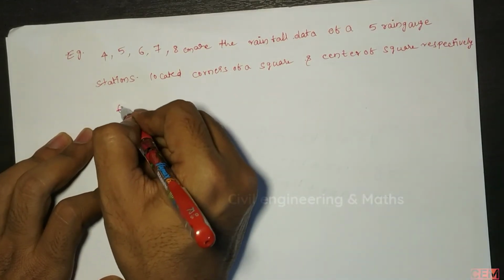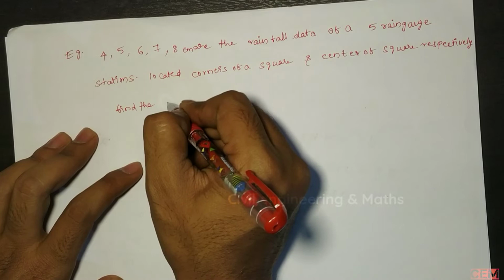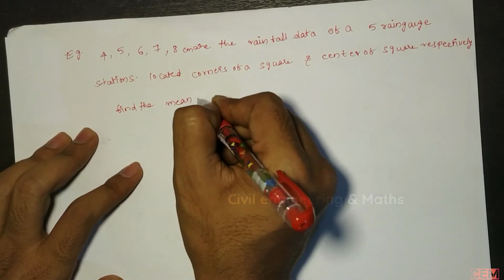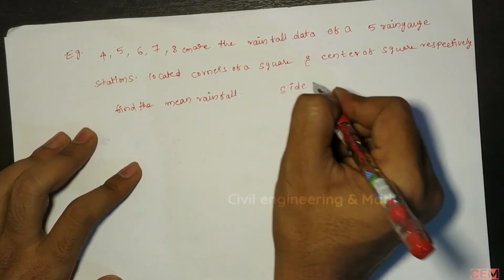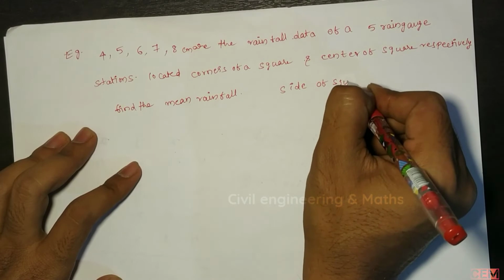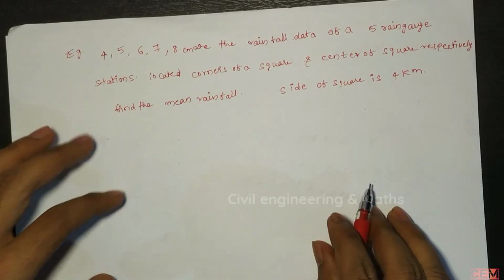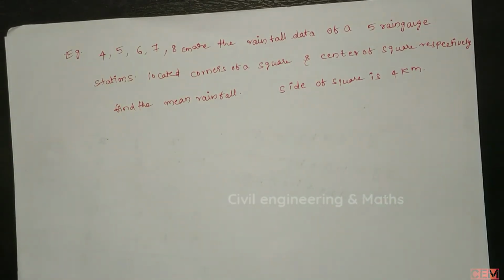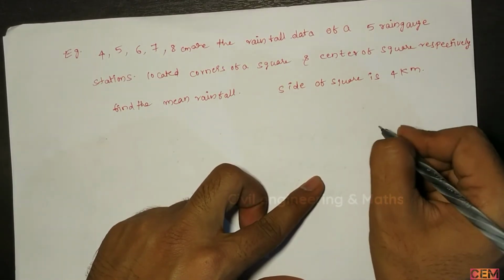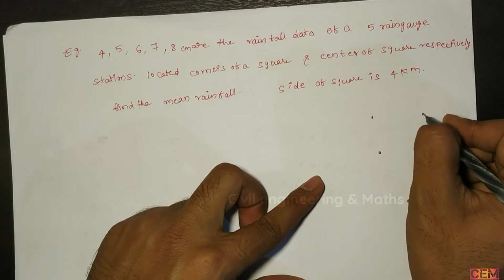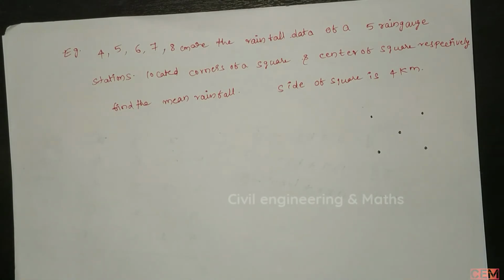Find the mean rainfall. The side of the square is 4 kilometers, and these are stations 1, 2, 3, 4 and the center. The first procedure is to